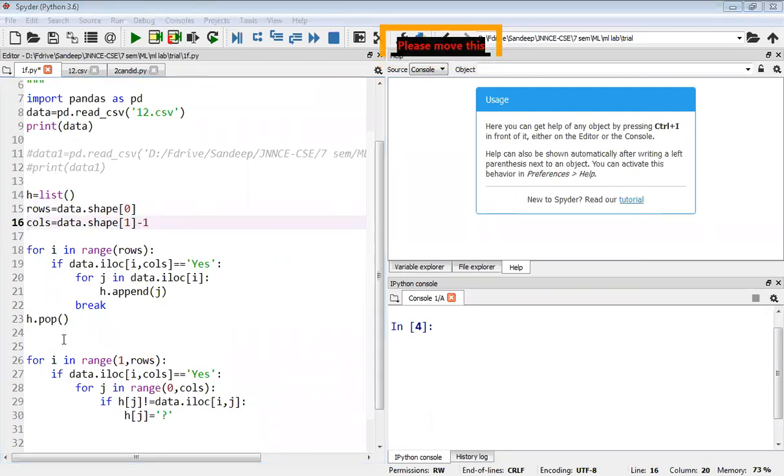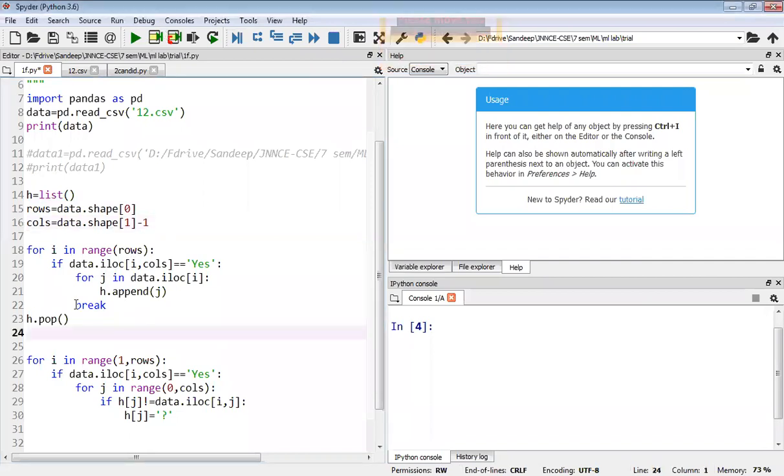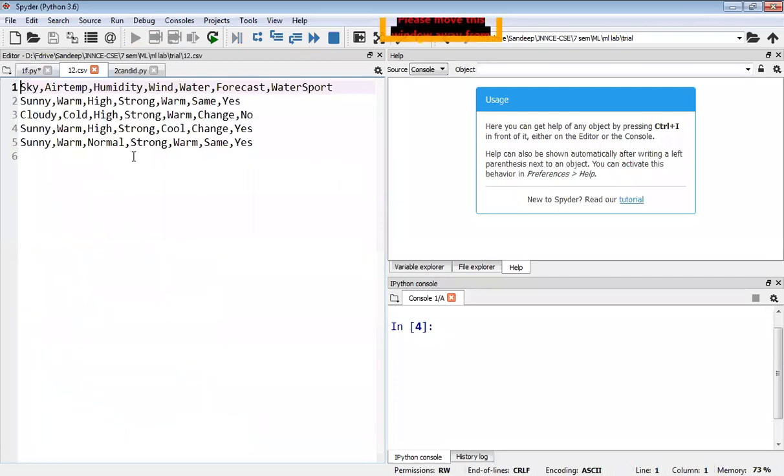And so the first for loop. In this initial for loop, our empty hypothesis is initialized with the first positive case. See this for loop, what it will do is scan the examples, and initially the hypothesis will be empty.